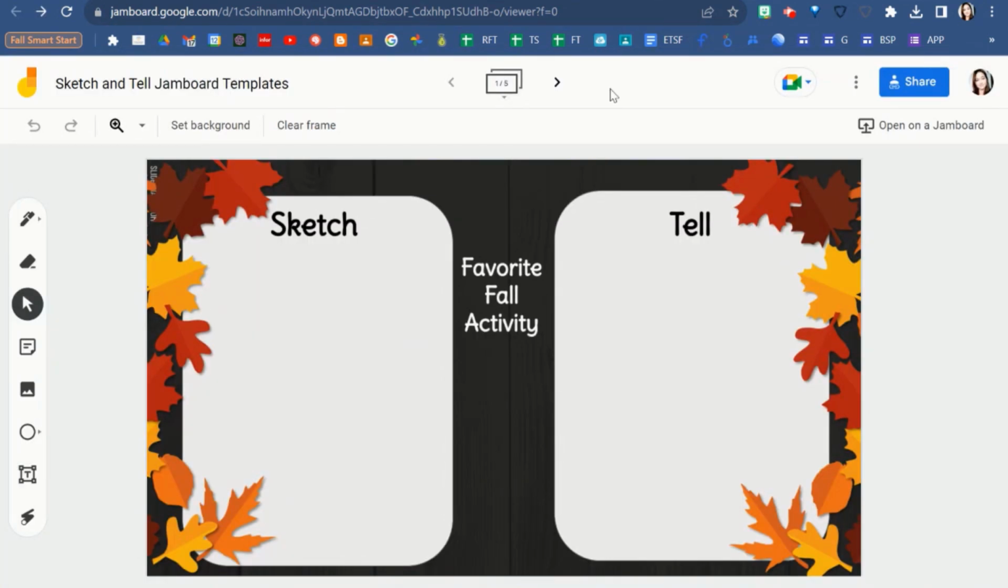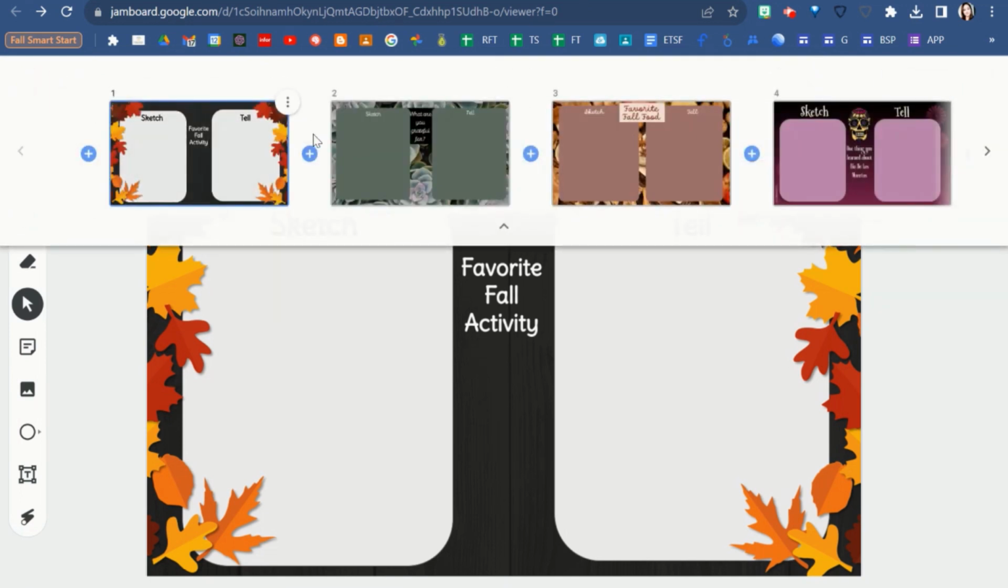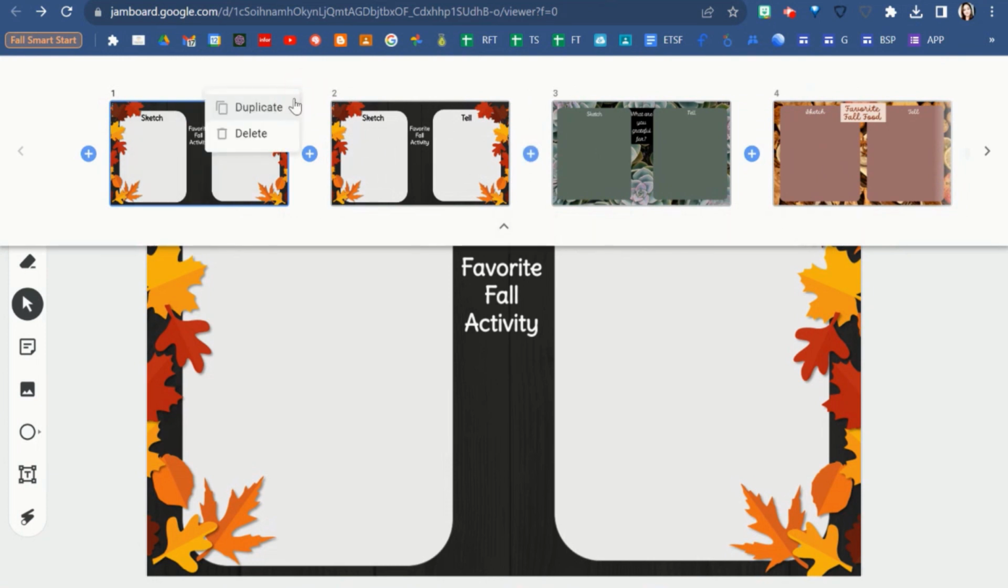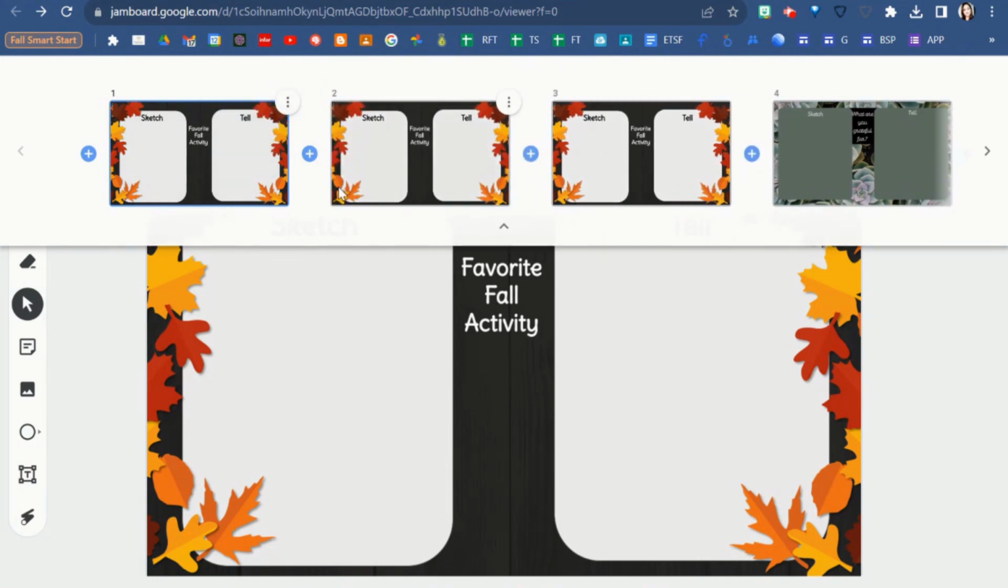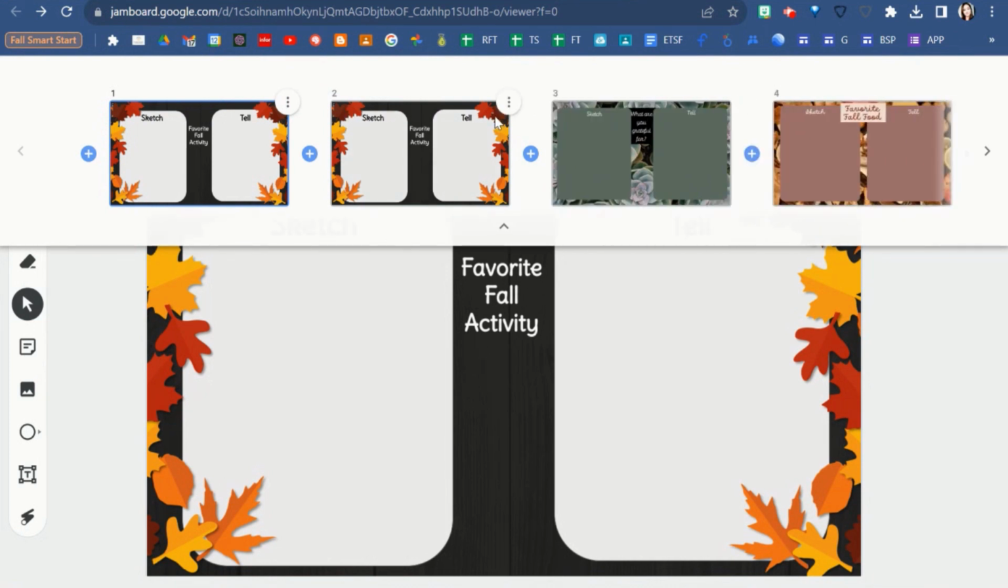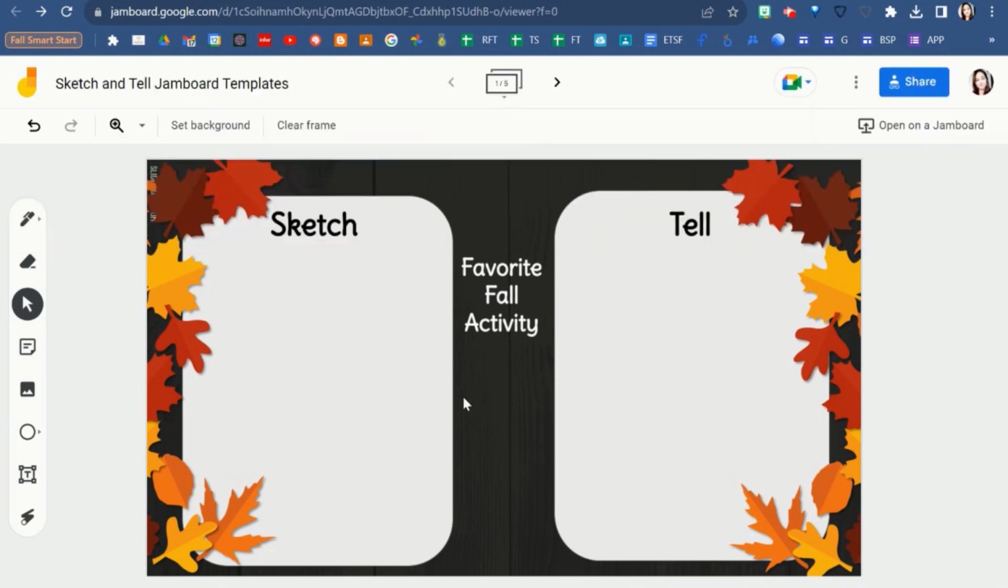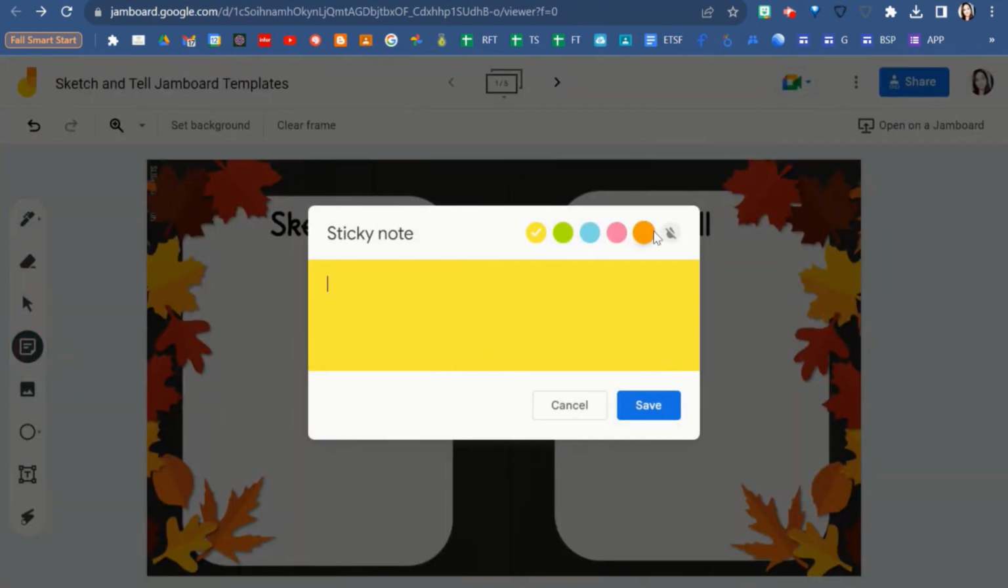Now, this activity can be used a couple of different ways. If you expand the frame bars here, you can create duplicates of each one of these frames, so each individual student gets one. You can have students work in small groups, or you can have students work in pairs or partners. How the Sketch and Tell Eduprotocol works is that students can talk about one of their favorite fall activities,